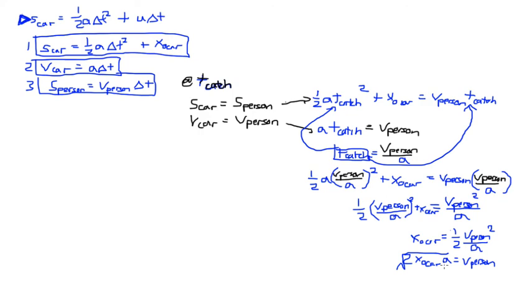So now, what do we do? Sorry, this is just a very long problem. I just want you guys to be able to follow this. So we've got the velocity of the person. That's awesome. That'll equal the velocity of the car. And the question, let me just check what the question asked. What's the speed of the person when they just caught up to the streetcar? So this is actually